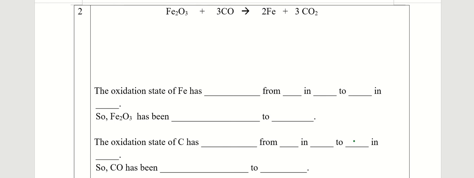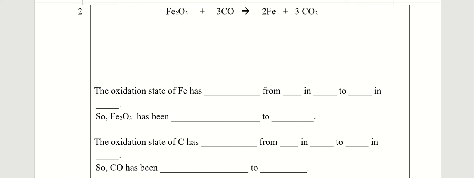We take a look at the reaction between iron(III) oxide and carbon monoxide to give you iron and carbon dioxide. Now you would recognize this reaction, this equation, from the topic of the extraction of metals. This is the actual equation where we get the molten iron from the hematite. Okay, in order for us to determine which substance has been oxidized and which substance has been reduced, we